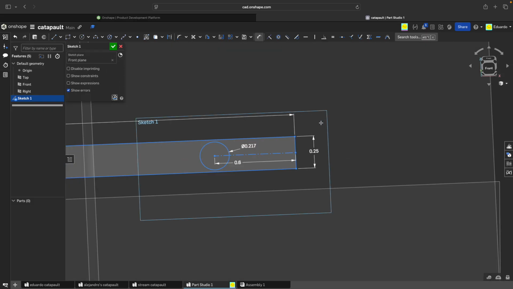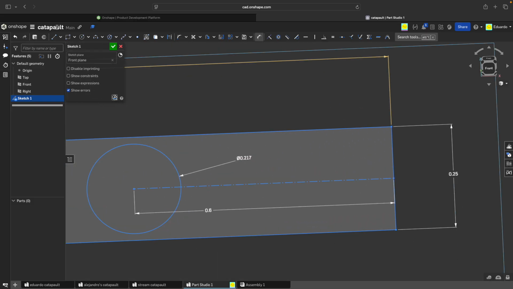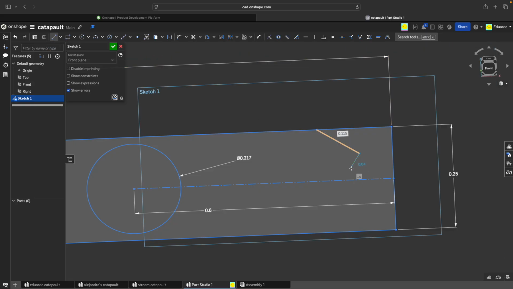Now behind the circle, I want you to kind of make like a little clip. So just draw a random diagonal and then dimension another line, 0.05 inches, or how about we make it like 0.08 so it's bigger. So this is where our rubber band's going to go. Just draw another line